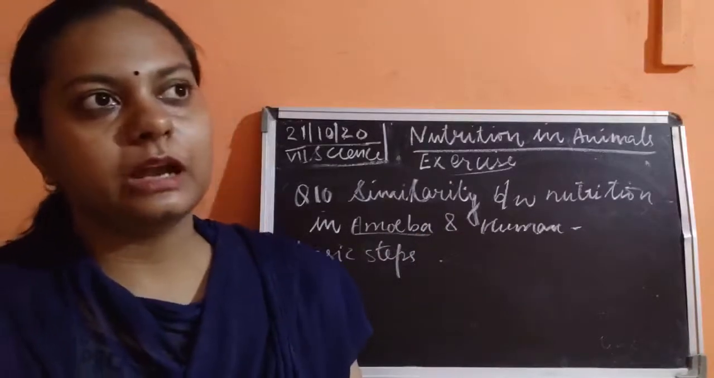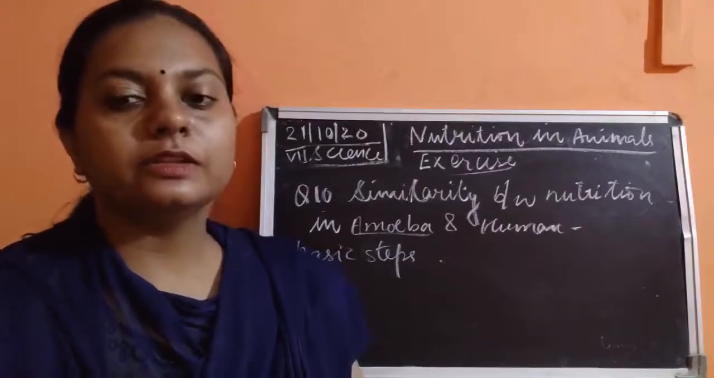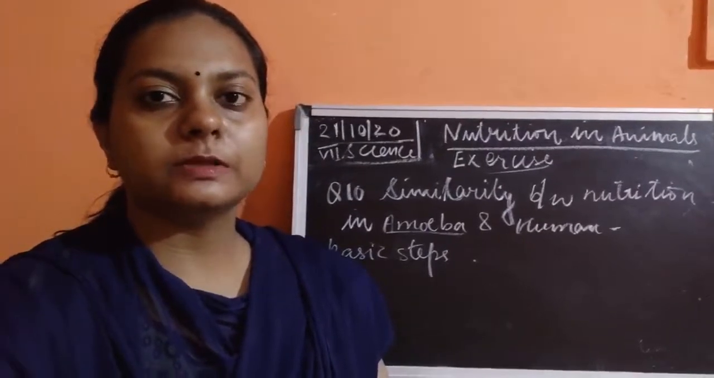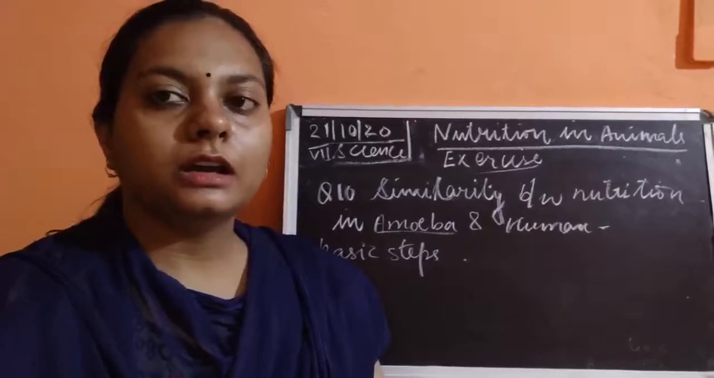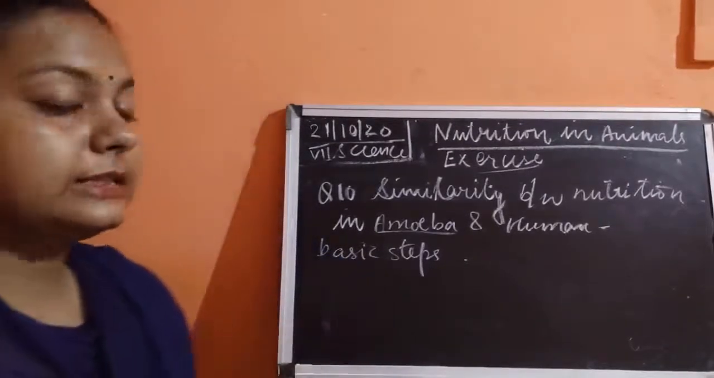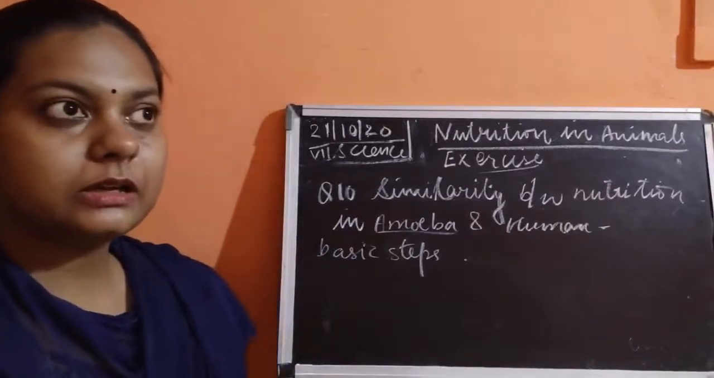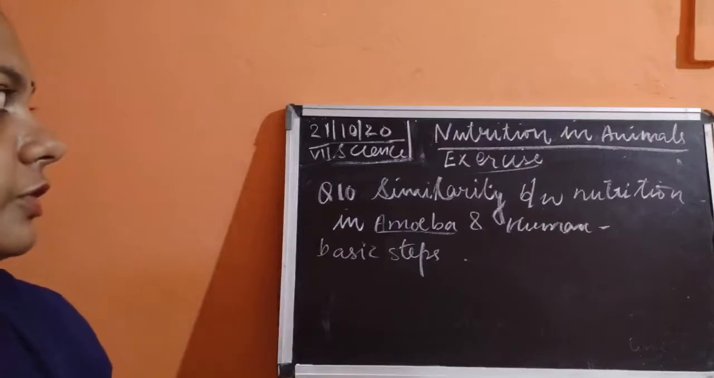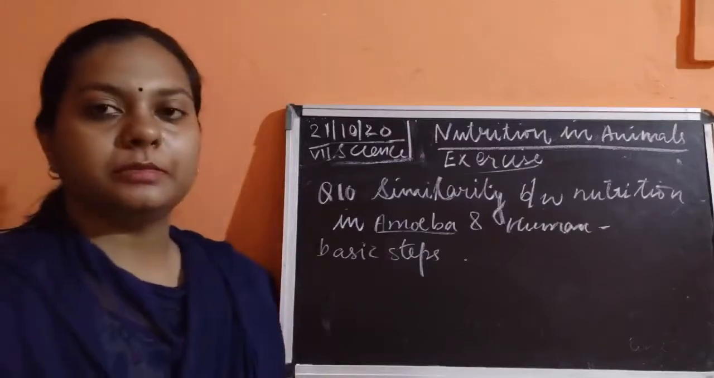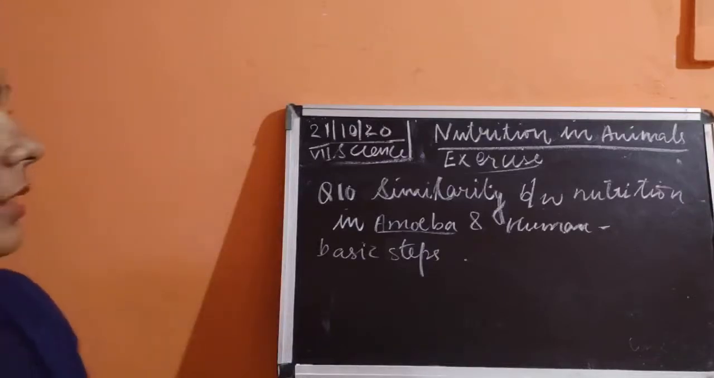Both of them undergo the Holozoic mode of nutrition, where this Holozoic mode of nutrition is responsible for the breaking down of the food into smaller components. And then what happens? The basic steps remain the same. The basic steps, which are followed for the nutrition of the animals, remain the same. Okay, so this is the similarity of the nutrition in the amoeba as well as in the